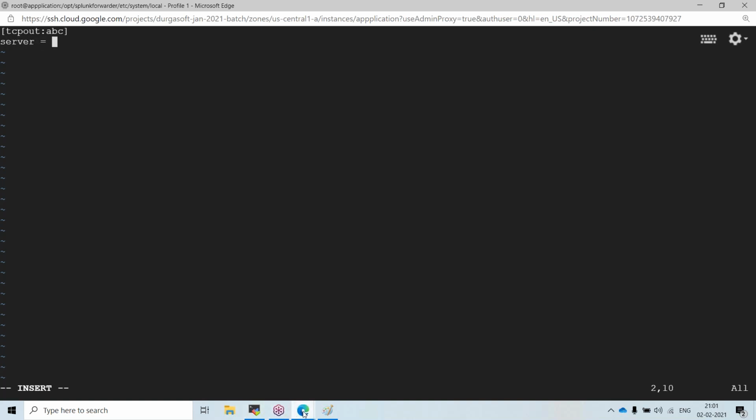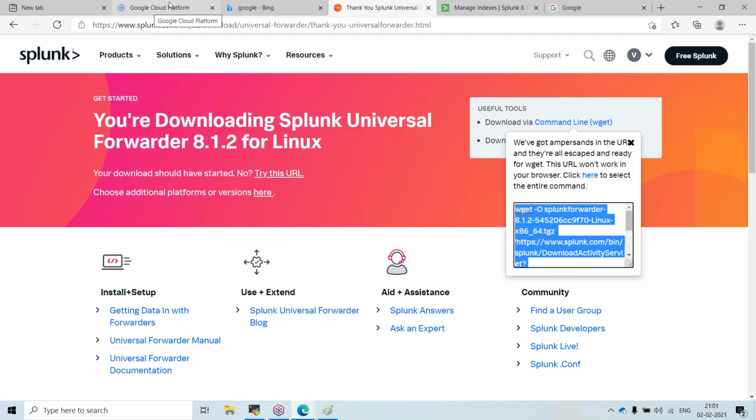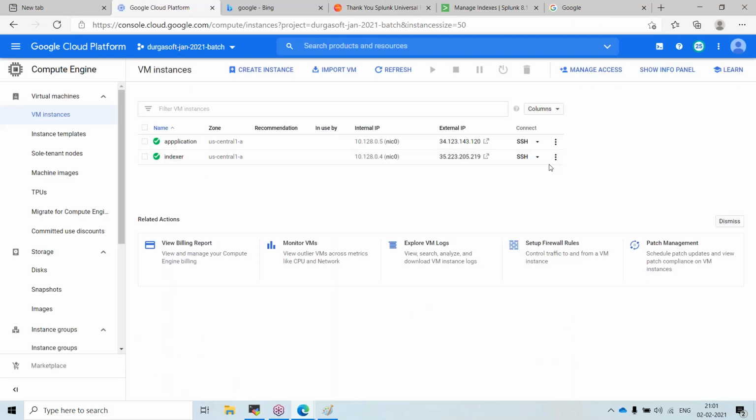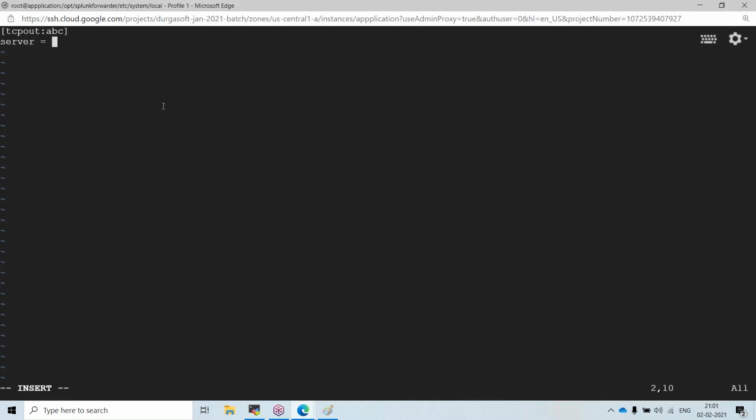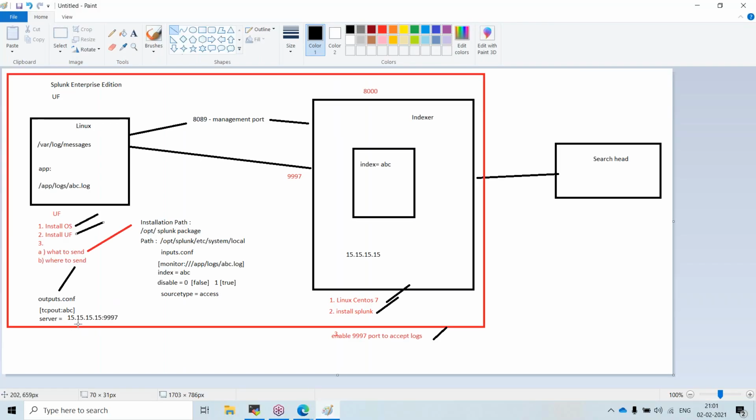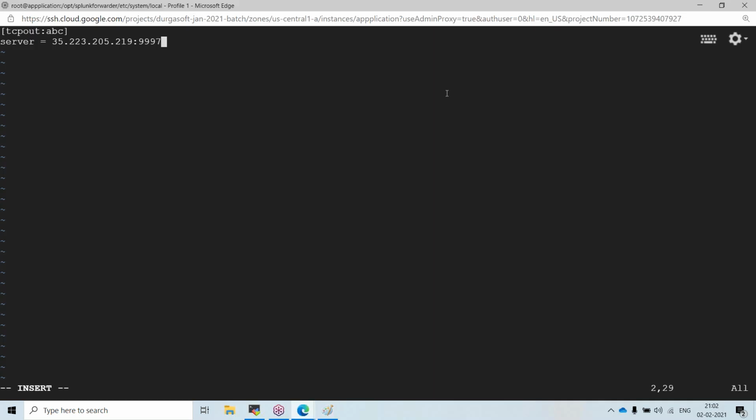I have to get the public IP. The public IP of my indexer is this. Okay, colon 9997. This is what I have mentioned. Here I have to mention my IP address followed by the port. Now I've done this configuration.